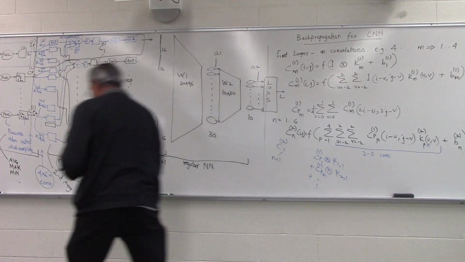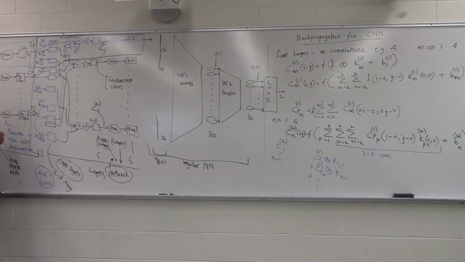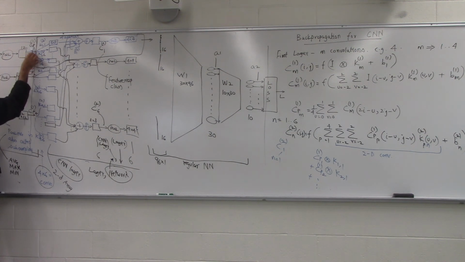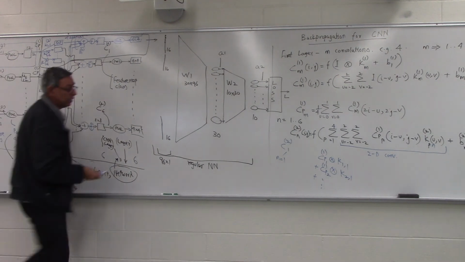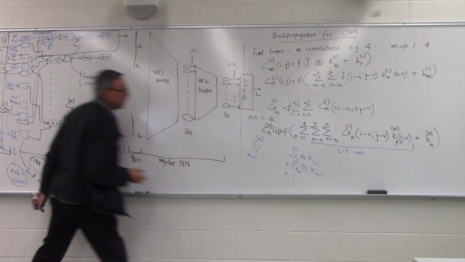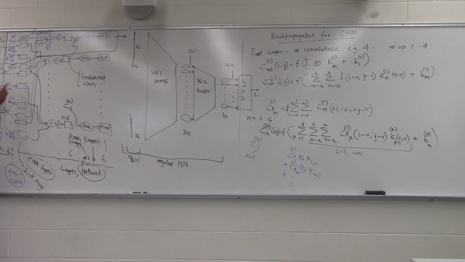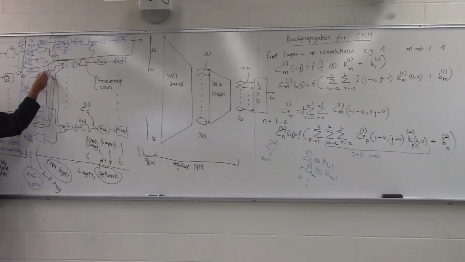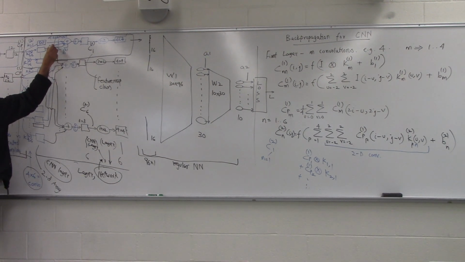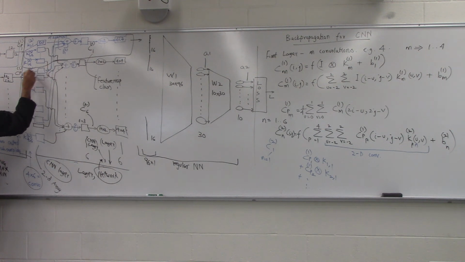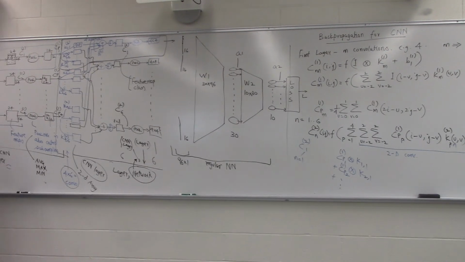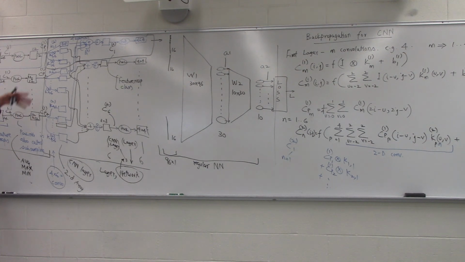If you take a look at this picture, K1 of 1 is being convolved with CP of 1, which is the first part here, and K2 of 1 is also being added over here, from CP of 2. So you can confirm by going through the picture, pick any example that it's doing